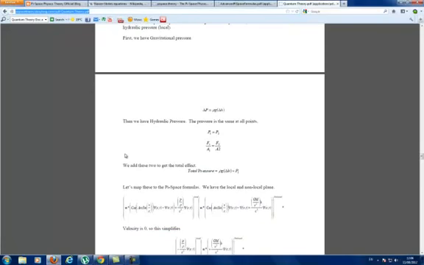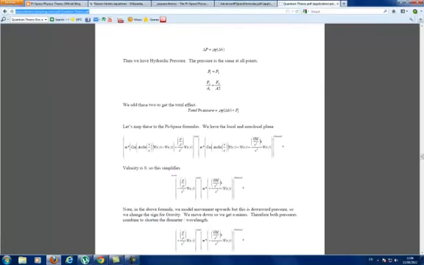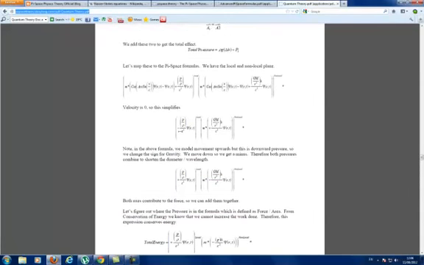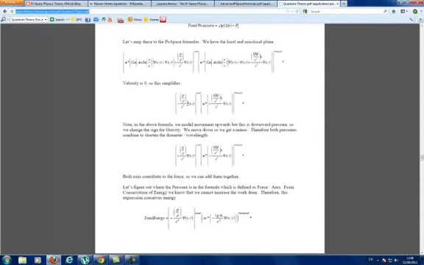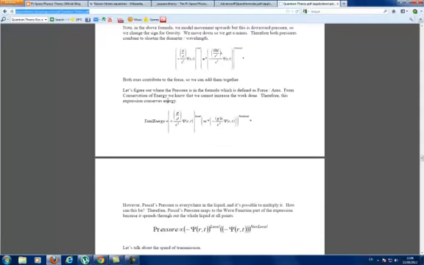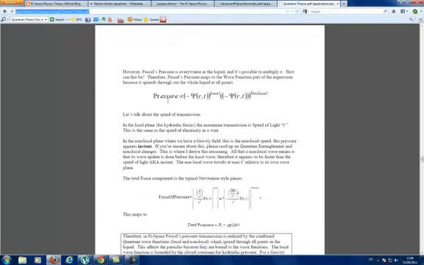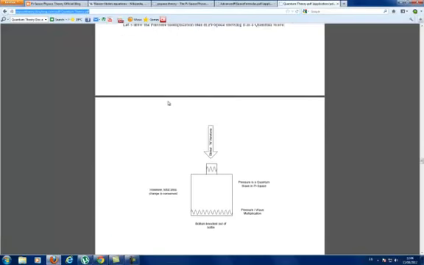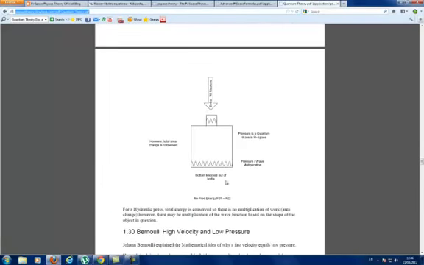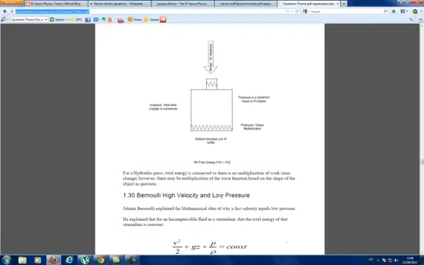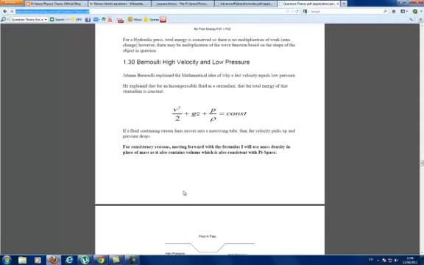I show how with these formulas you can model Pascal's law, and you can show how the pressure can be manipulated based on the shapes of objects. So you can show, this is the hydraulic idea, where you can push a small amount of force through a liquid and you can magnify the force. Then I talk about the big kahuna of